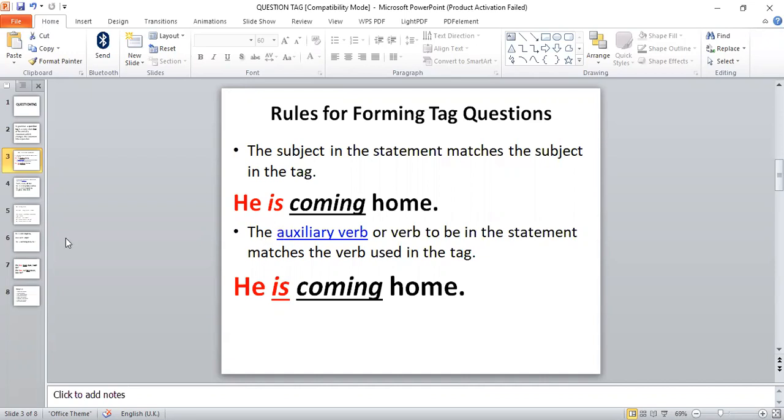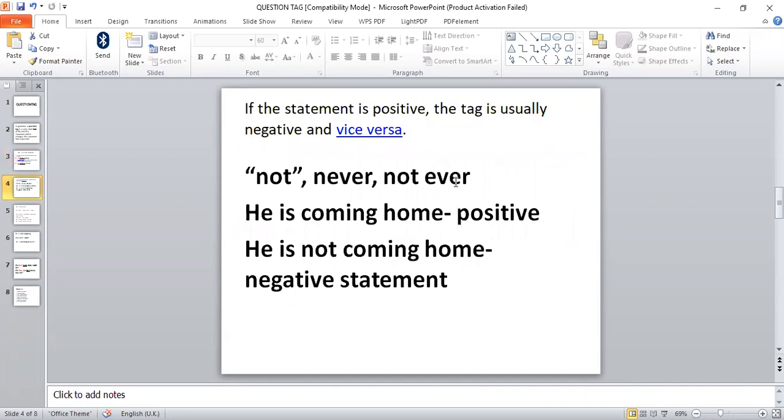And the third rule states that if your statement is positive, the tag will be negative, and if your statement is negative, the tag will be positive. So pay attention to that and use that when you are forming your question tag for any statement you are given. So for our assignments,